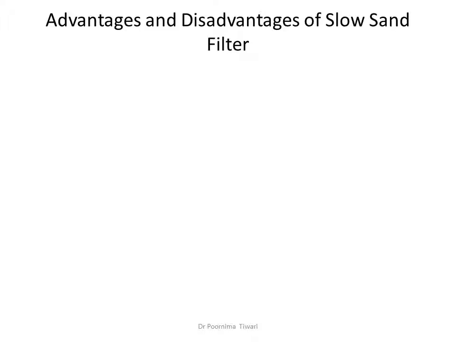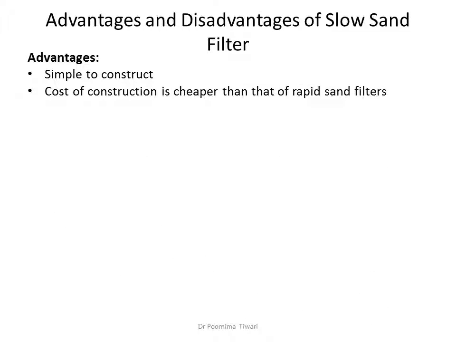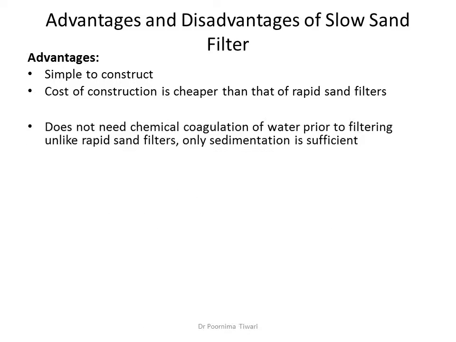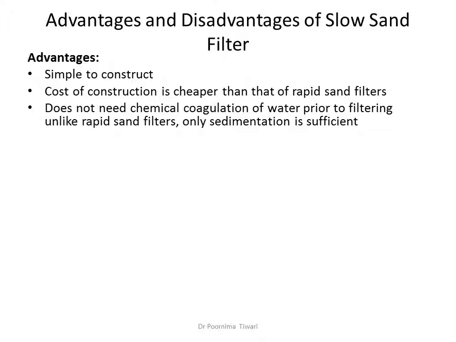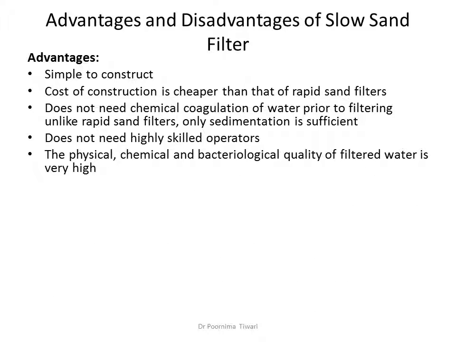Advantages and disadvantages of the slow sand filter. Why would you like to use a slow rate of filtration? It is simple to construct within one filter box. The cost of construction is cheaper than that of rapid sand filters. It does not need any chemical coagulation of water prior to filtering, which is unlike the rapid sand filters. Only water storage and sedimentation is sufficient. It does not need highly skilled operators,